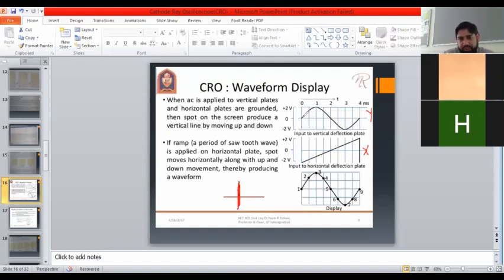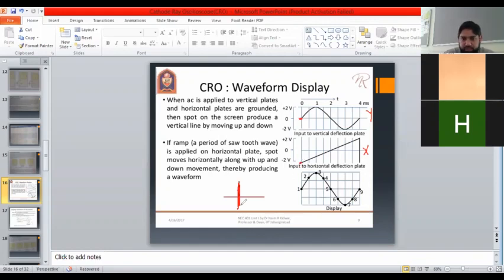For the first point, we had seen a diagram previously in which a signal was applied on both X and Y plates. So the dot was deflected due to both the plates. Here also the same thing will happen. We have applied an AC signal to the Y plate and a triangular waveform to the X plate. So at the first point, deflection on the Y axis is 0, because the AC signal is offering 0 volts, and at the same time the X plate is offering minus 2 volts.